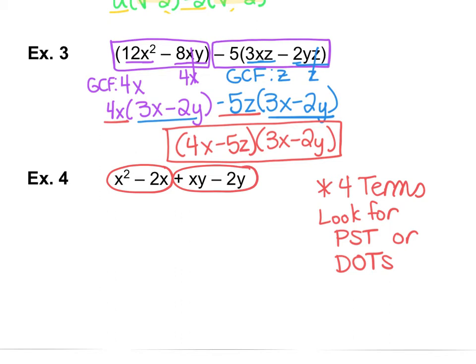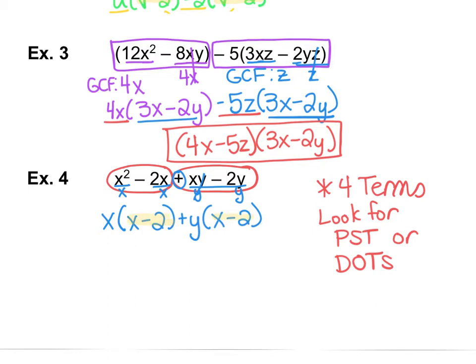So in my first group, x squared minus 2x, we can see that they have an x in common. I'm going to pull that out, put it in front, and divide everything else by x. That's going to leave me with x minus 2 in parentheses. For my next part, I can see that they have y's in common. So I am going to pull out a positive y, because I had a positive right there, and divide everything else by y, which you can see leaves me with x minus 2, which is what I was hoping for,